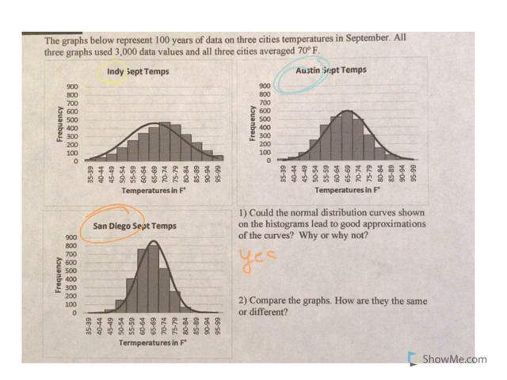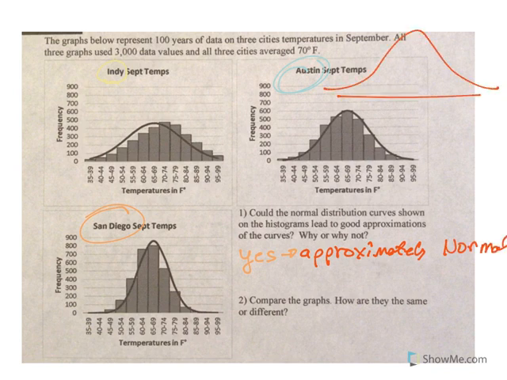I would say yes. Reason, all of these appear to be approximately normal. And when you think about the normal distribution curve, it's pretty close that if you put a slice down the middle, they're pretty similar on the left and right. I mean, they're not perfect. Obviously, nothing is perfectly symmetrical, but it's pretty close. So because they are approximately normal, we could say, yeah, they're a good approximation. These are estimates. Nothing is perfect, but they're decent estimates.